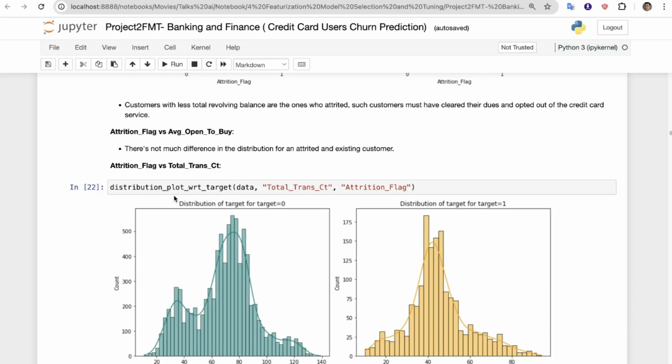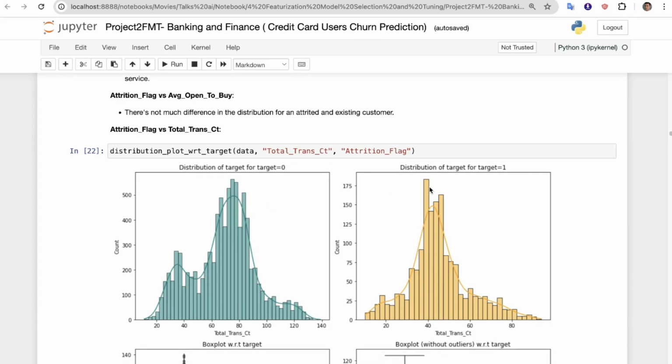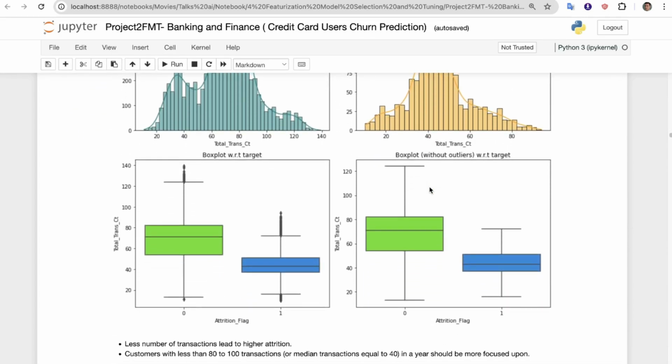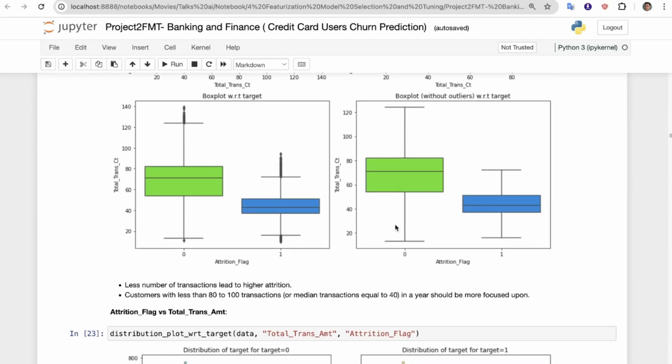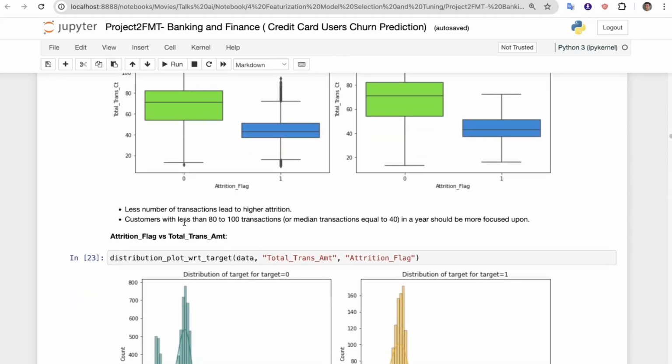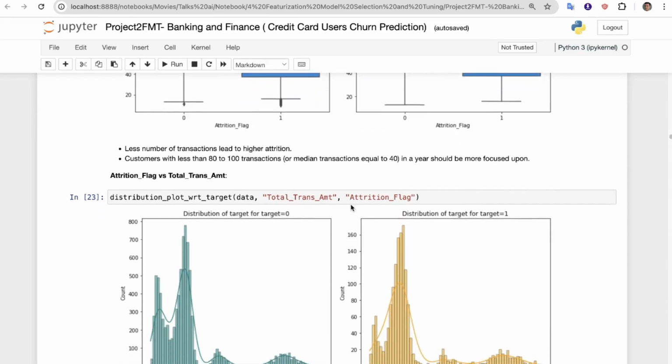So, attrition flag versus total transaction categories. Again we are using the distribution of target for 0 and target for 1, and similarly a box plot for them. You can also see the interquartile ranges respectively. Fewer transactions lead to higher attrition. Yes, customers with less than 80 to 100 transactions, or a median of 40 transactions in a year, should be